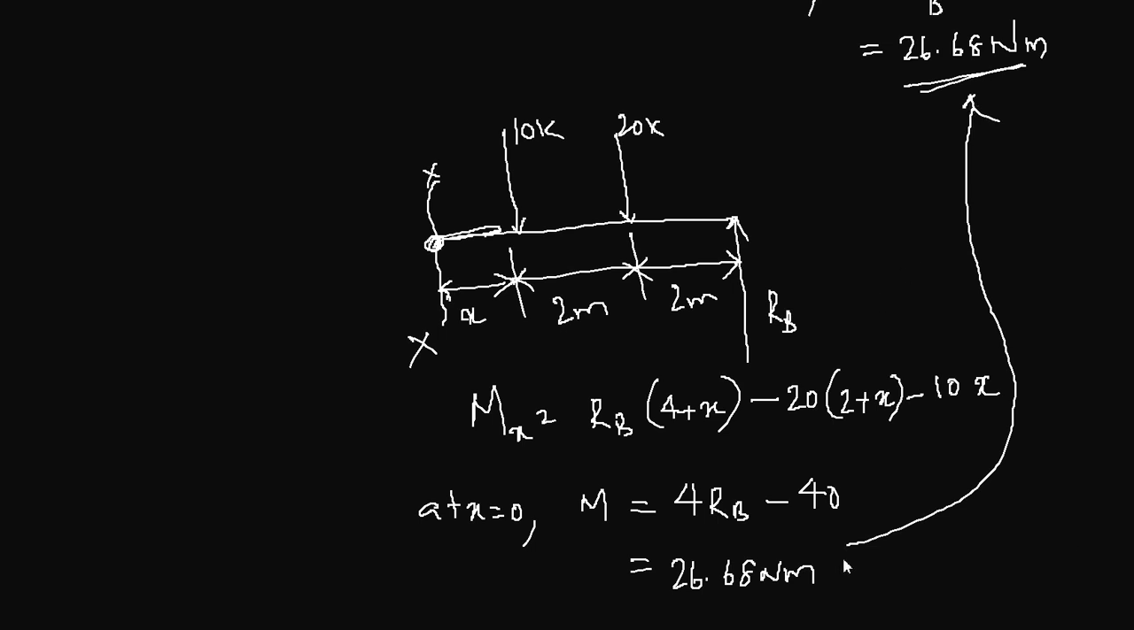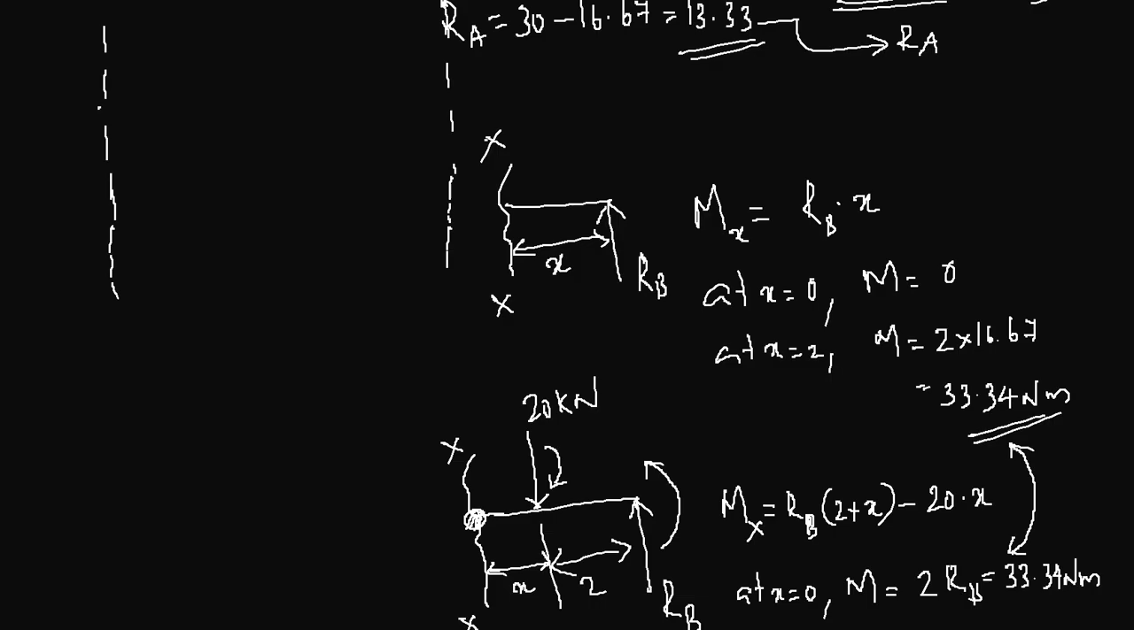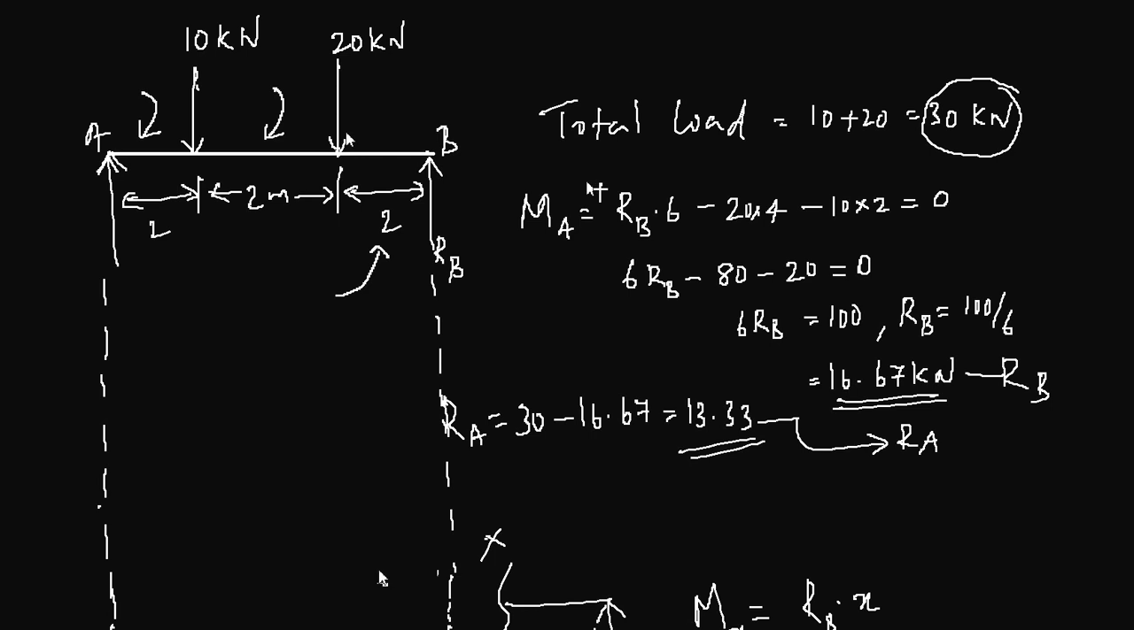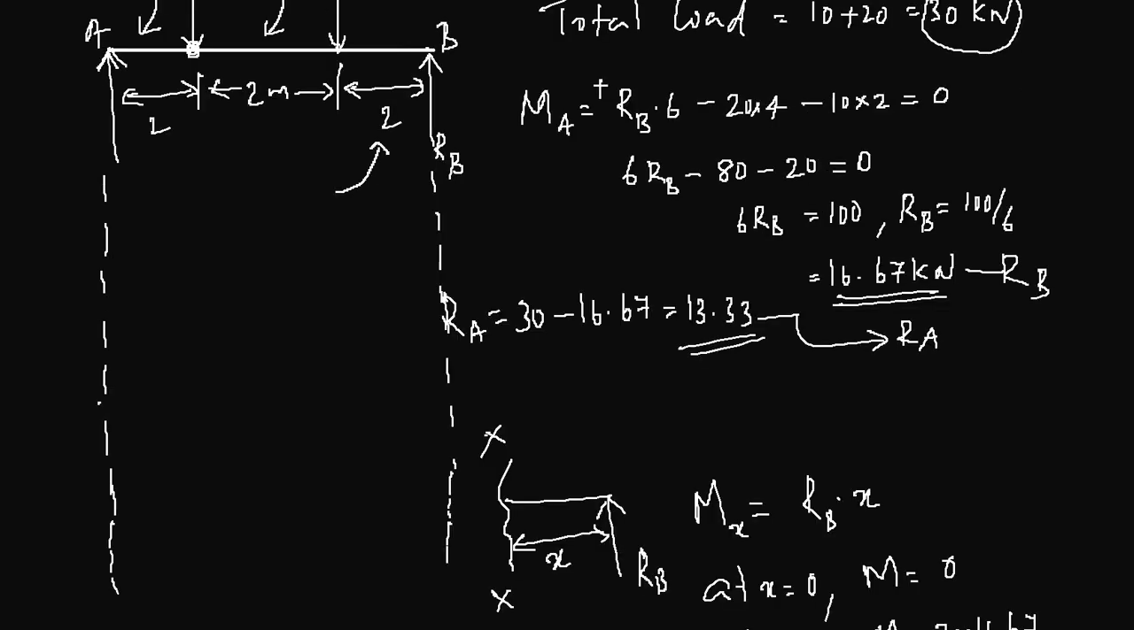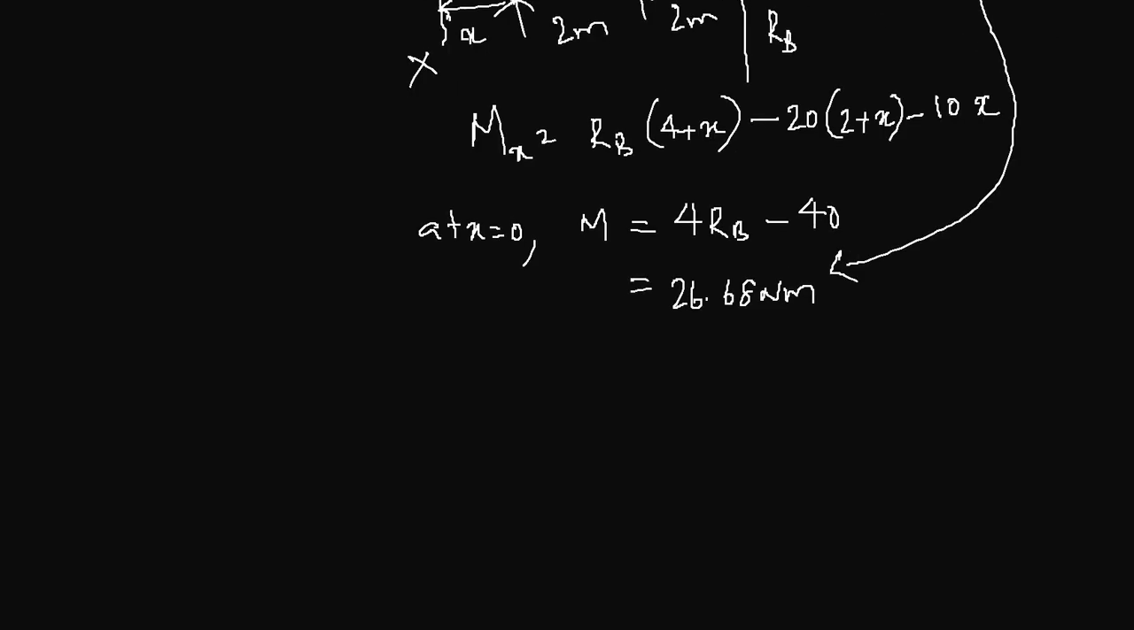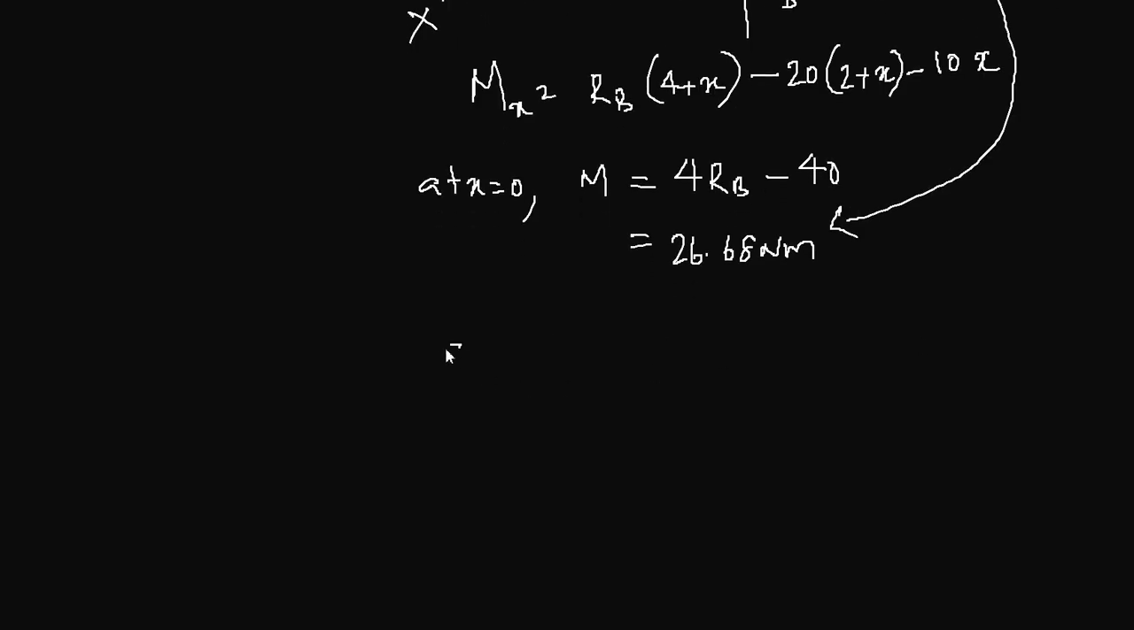Why? Because both those values are at the same point, because the x value of 2 in this section and the x value of 0 in this section are both at this point. So you have the same moment for both those values, and at x equal to 2 in the third section,